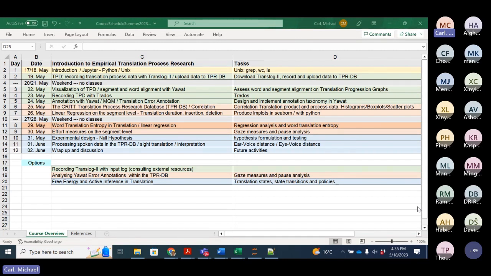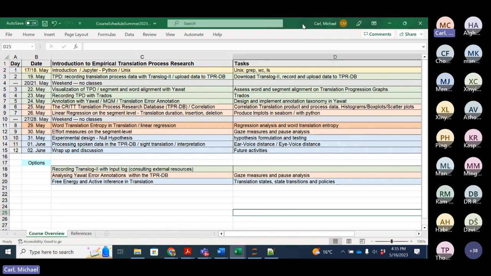So what is the lag of time between reading a source text word and typing out the translation of that source text word? This kind of further measure and analysis of the data could then be used to assess where translators get stuck, where the problems are, and so on.